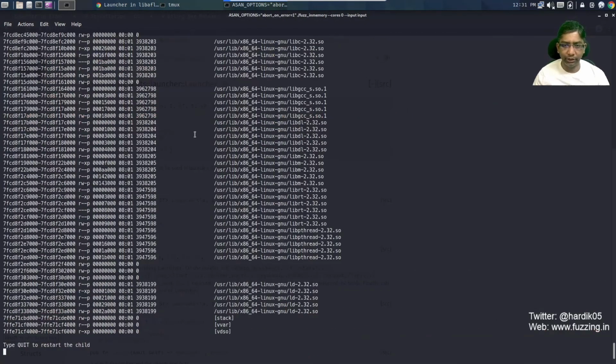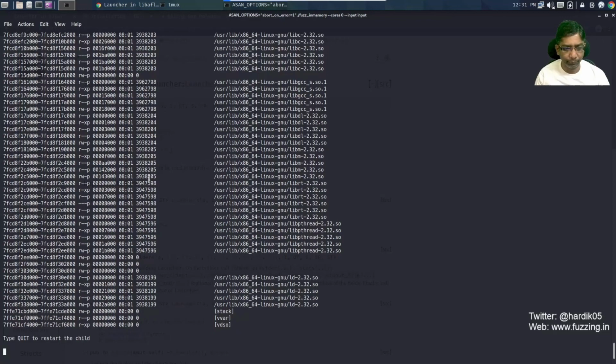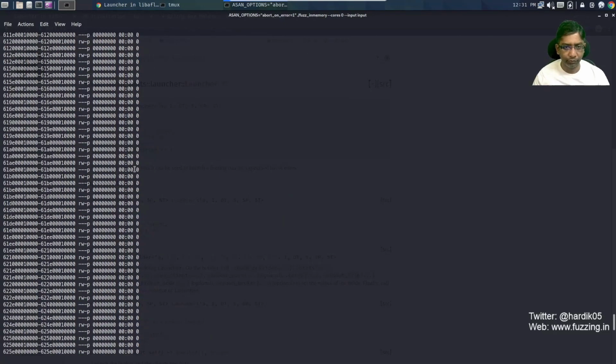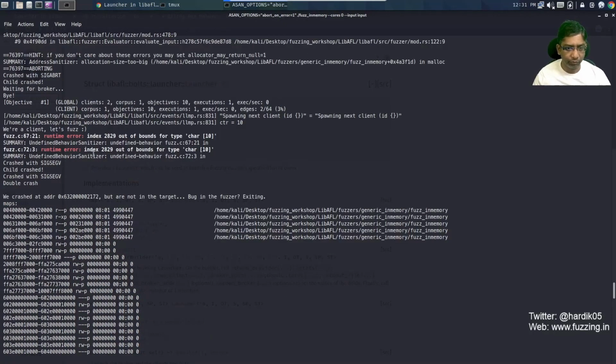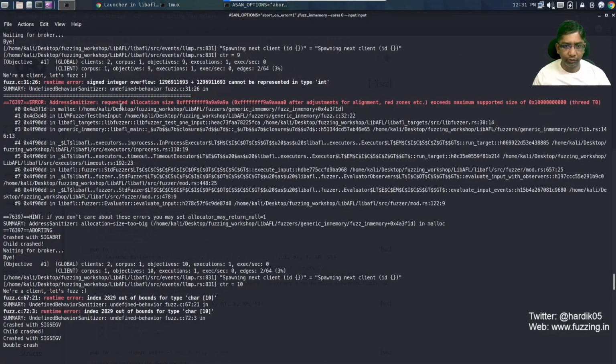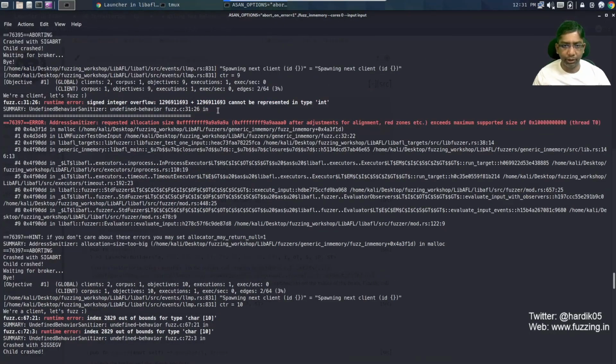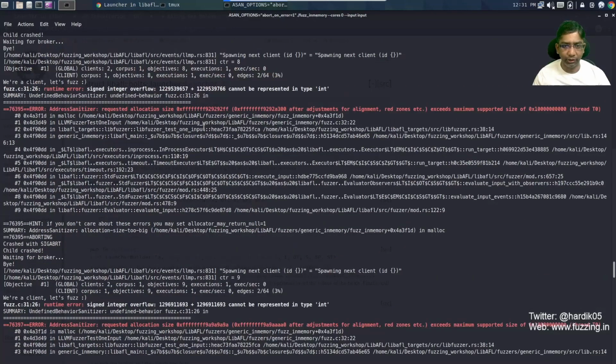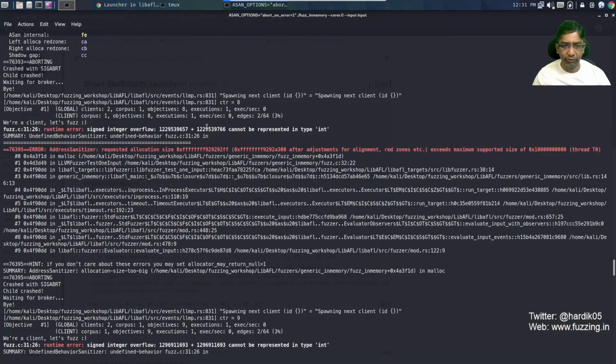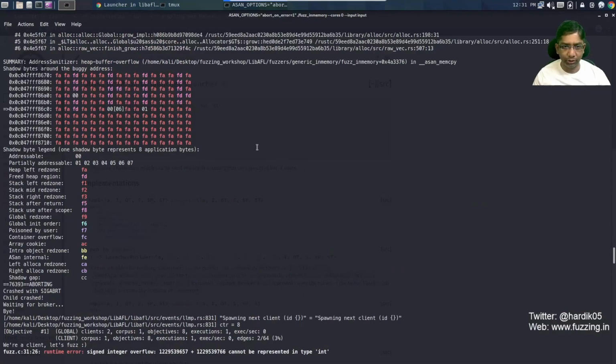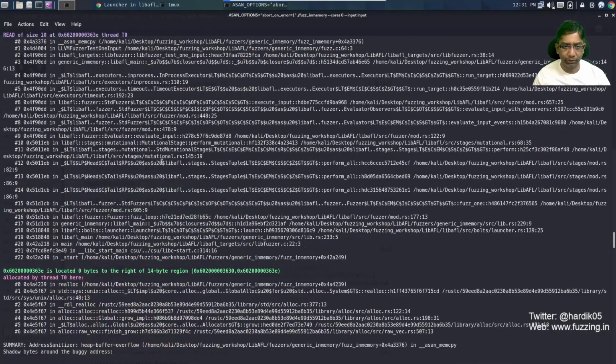You can see that it started finding a lot of crashes. There is some integer overflow over here, then some large memory allocation, and a heap buffer overflow as well.